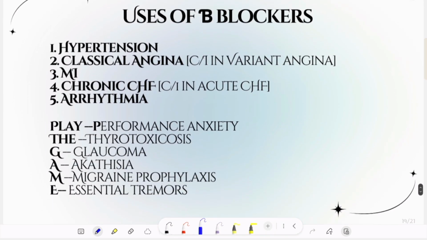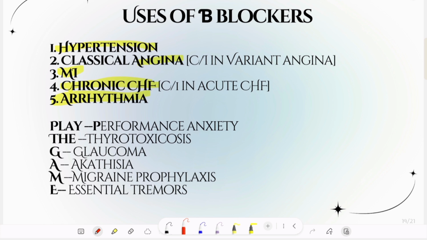Now we will move to use of beta blockers. To know the use of beta blockers, you can open the book of pharmacology or any book of medicine, then open the index, see the chapter of CVS and include all the chapter names such as hypertension, angina, myocardial infarction, MI, chronic congestive heart failure and arrhythmia. In all of these conditions, we can use beta blocker, but there are some contraindications in their subset,